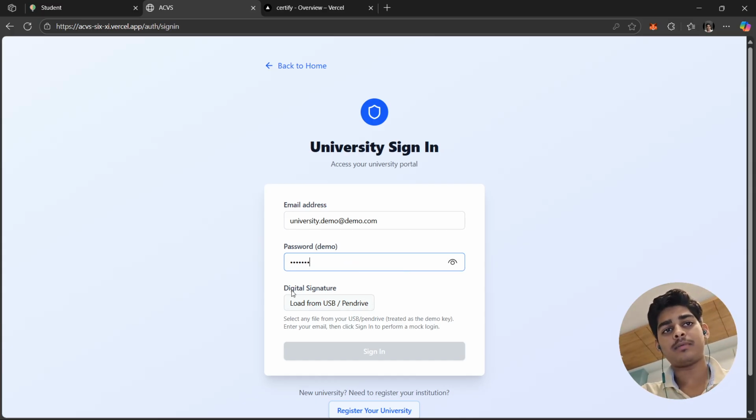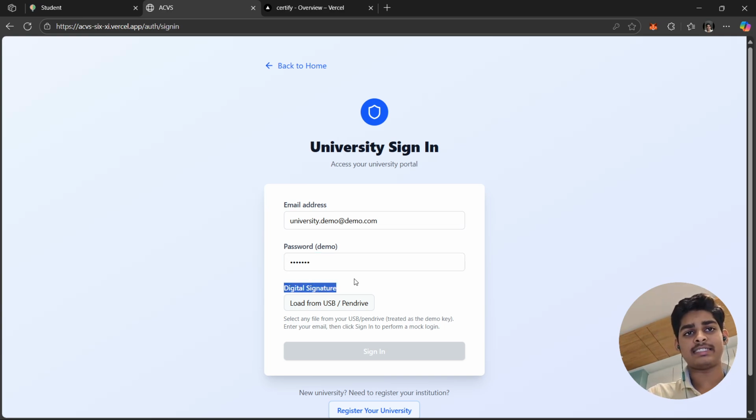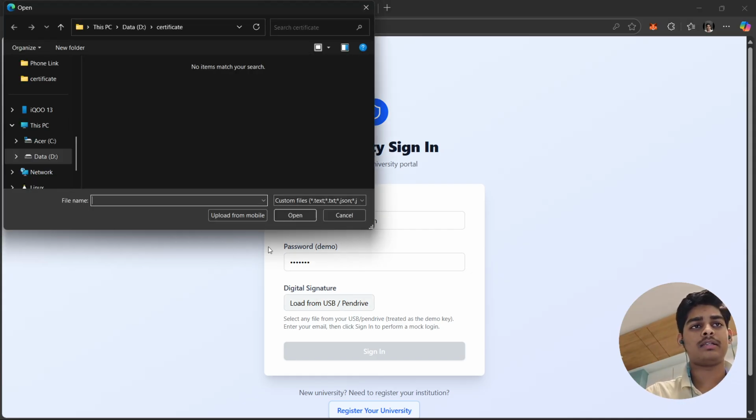One of our major features is digital signature, where once the university has given all their documents, they have to be approved by a central authority. Once the central authority approves them, we generate a digital signature for them. This is to be loaded in a pen drive or USB. This is very important because without this, they won't be able to access this portal. This is required to make sure that only universities upload the documents. So yeah, let me just